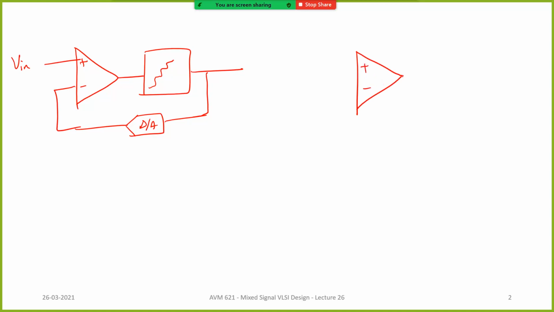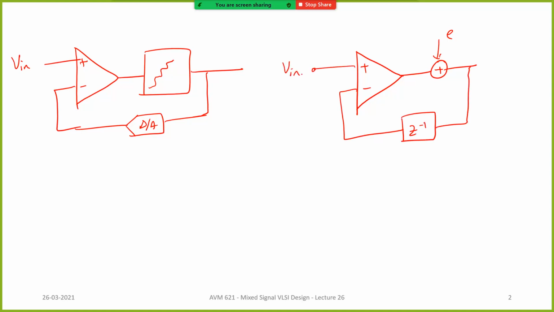Now for the purpose of analysis, of course, we can say that we will have an additive error, and we are going to have one clock cycle delay, and let's say this is your input and this is your output. So this is the mathematical model to see if something like this can actually work. Can this work? What we are trying to do is to say that my quantizer is going to give some quantization error, but by using feedback I'm trying to correct the error. That's what we are planning to do.